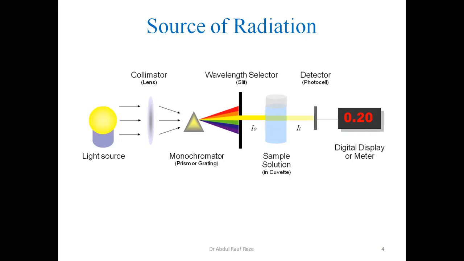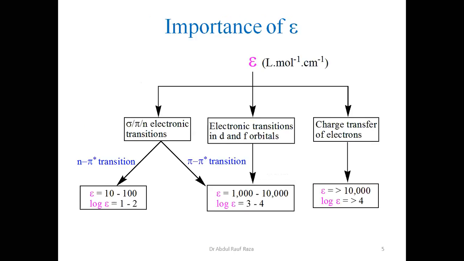All right. So this is the sense in which you are supposed to make use of the instrument while carrying out UV visible spectroscopic experiments. We shall start with the importance of the epsilon value, which is commonly called the molar absorptivity constant. But in the next lecture, we are having a practical lecture tomorrow, inshallah, so I shall be discussing some of the factors in that case.